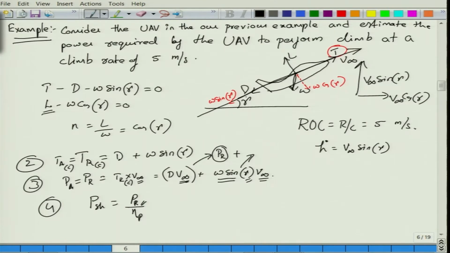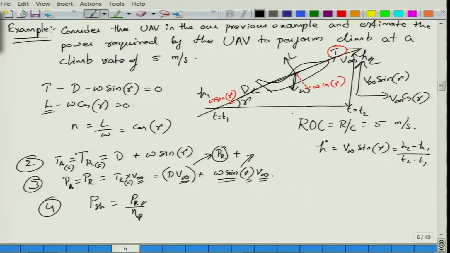For example, at time t equals 0, say this is t1, the time at which the climb is initiated, and then after a time t2, say t equals t2, it has climbed to an altitude h2, and h1 is the initial altitude at which the climb is initiated, right. It can be 0. So, the total change in the vertical distance is h2 minus h1 upon T2 minus T1, that is h dot here, the vertical component of velocity.